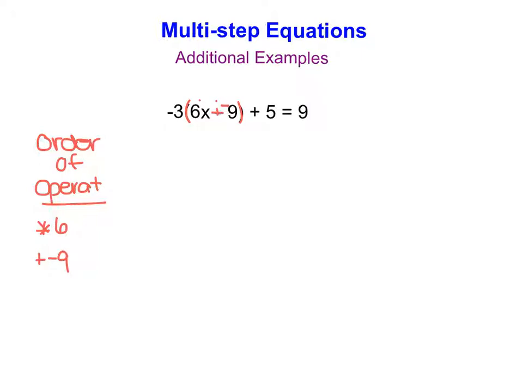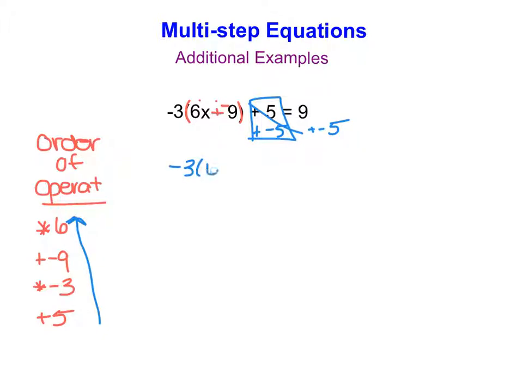That would then take care of the parentheses, and at this point, I would multiply whatever that value inside of the parentheses was by negative 3. And then to finish the problem, I would add 5. So then from here, in order to solve the equation, we're going to undo the order of operations in reverse. So I'm going to undo that addition of 5 first by adding a negative 5 to each side of the equation. This leaves me with negative 3 times 6x plus negative 9 on the left-hand side and a positive 4